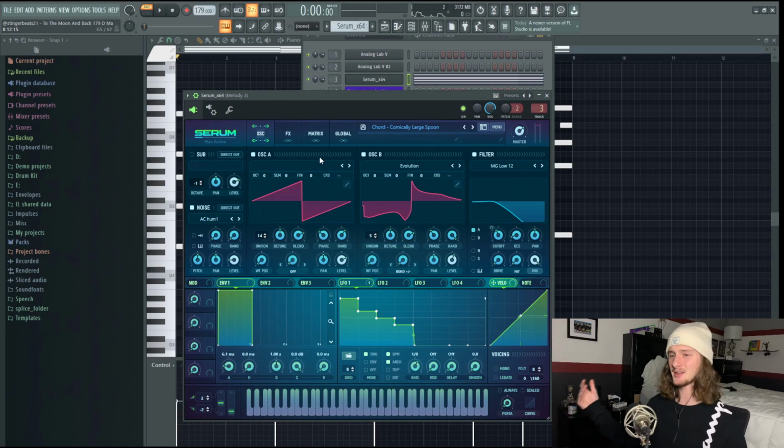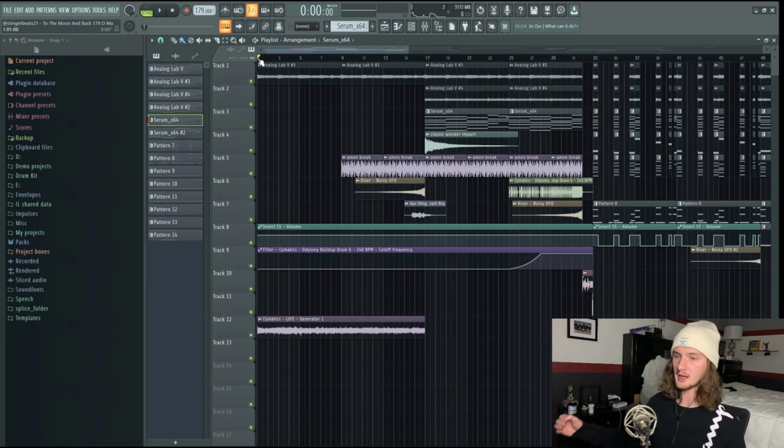A super easy way to make just a standard super saw is to grab a saw wave and turn the unison up a bunch. That will give you a good basis for a saw wave, and then you can tweak the sound from there. So those are all the melodic components when it comes to the intro.